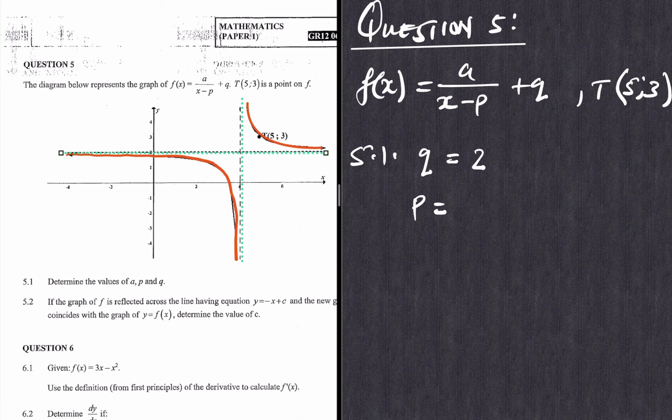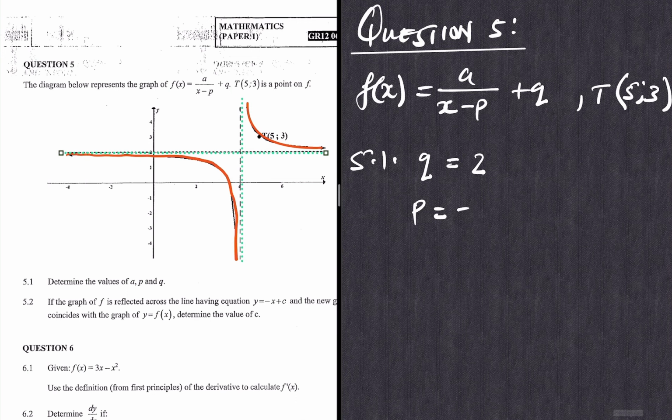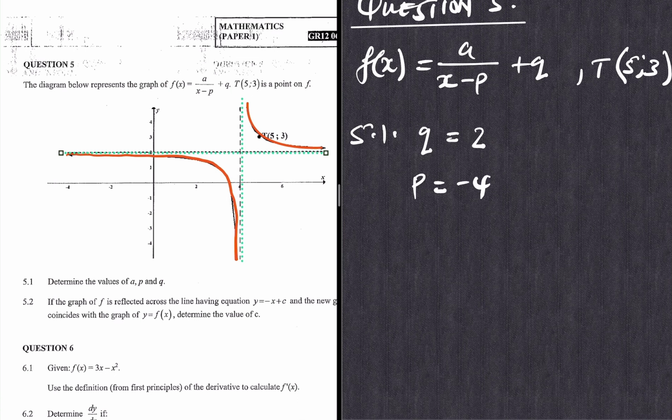And then P is at positive 4, right? So that means that should be negative. So P is negative 4. Okay. So P is possibly negative 4 there, in order for that to be positive 4. So this means that you have y equals a over x minus p, that is minus 4, and then